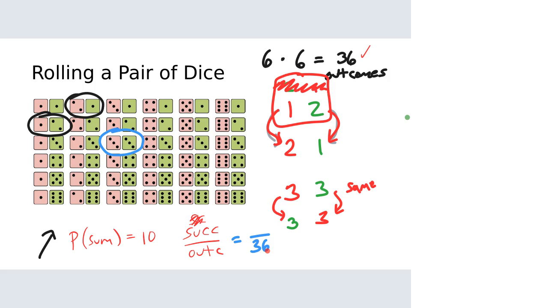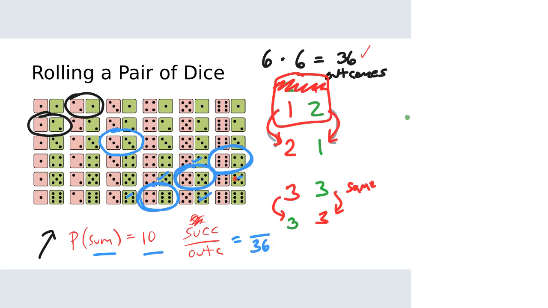And then I have to find my successes, and that's anything where the sum is equal to 10. So as I look through here, well, there's 5 and 5 makes 10. And here's a 6 and 4, that 4 and 6, excuse me, that makes 10. And a 6 and 4 that makes 10. Let's see, are there any other 10s? Well, that's 9, 9, 9, 11, 11. Nope, that's it. One of the nice things about the way this chart is set up is we can kind